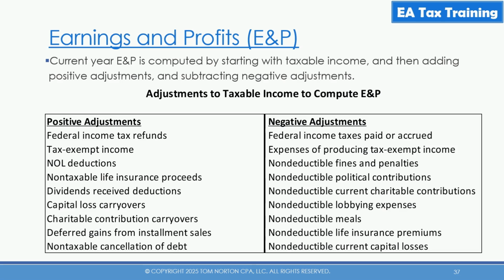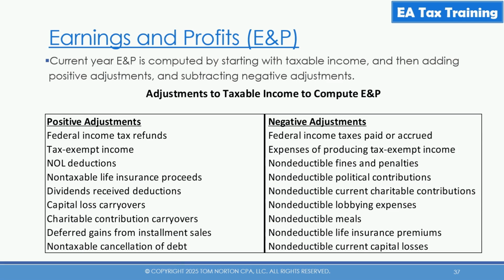So what are we talking about? How do you compute this earnings and profits? Well, current year E&P is computed by starting with taxable income. So taxable income is your starting point. Then you are going to add some positive adjustments and you are going to subtract some negative adjustments. So you start with taxable income, you add some things, you subtract some things, and that will give you your